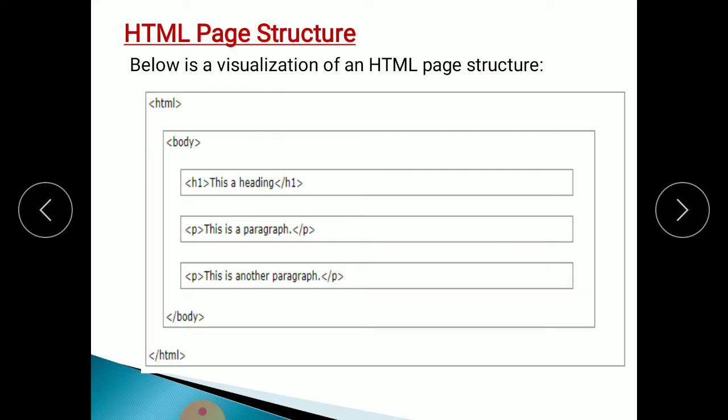See here, HTML page structure. How does this hypertext markup language look? Below is a visualization of the HTML page structure. This is the structure of the HTML page, meaning how to write the code using this HTML language, how to create the web page. See here,